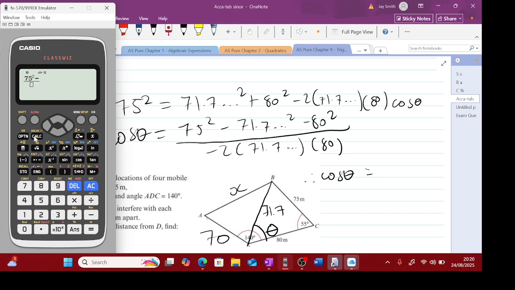To access that I need to go into the red mode or alpha mode and press the red letter A there. That'd be A squared, which is 71.7 squared, minus the 80 squared, over minus 2 lots of, again, A. So again I need to go into red mode, then click A, as A represents the 71.7, times 80. Okay, so if we do that then I get cos theta is